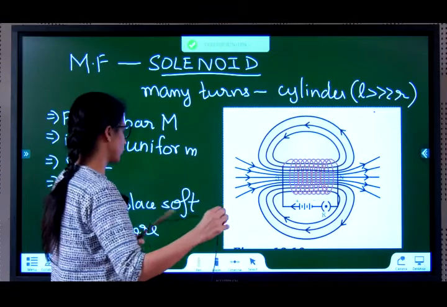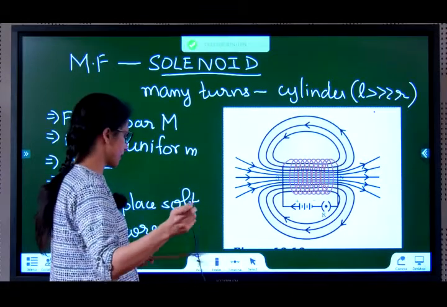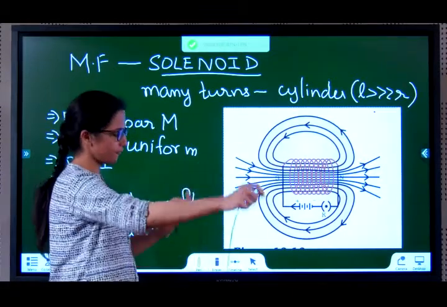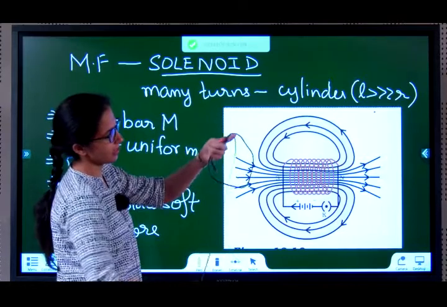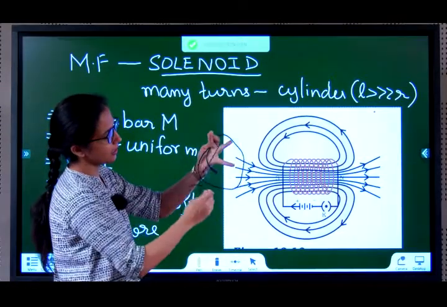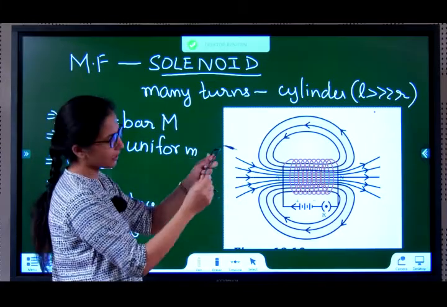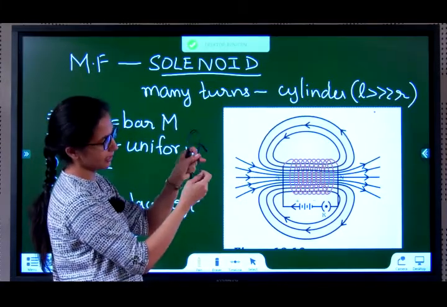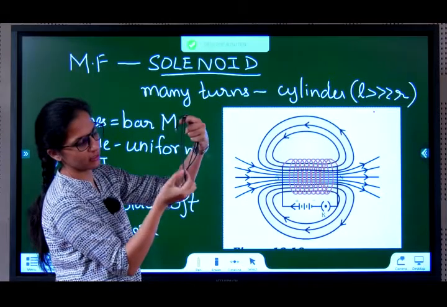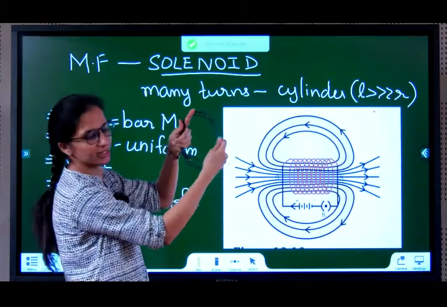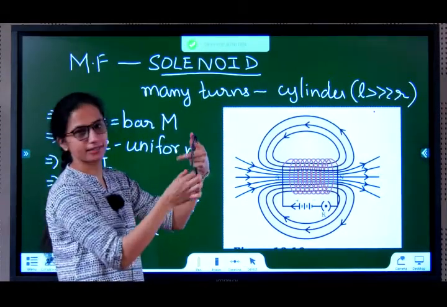Then what is the difference between a solenoid and a circular loop? Even in a circular loop, we said put a number of more turns. In a circular loop, even if I form the turns, the radius is quite large compared to the length. This is the length of this thing. It's very, very large. You cannot even compare the thickness.